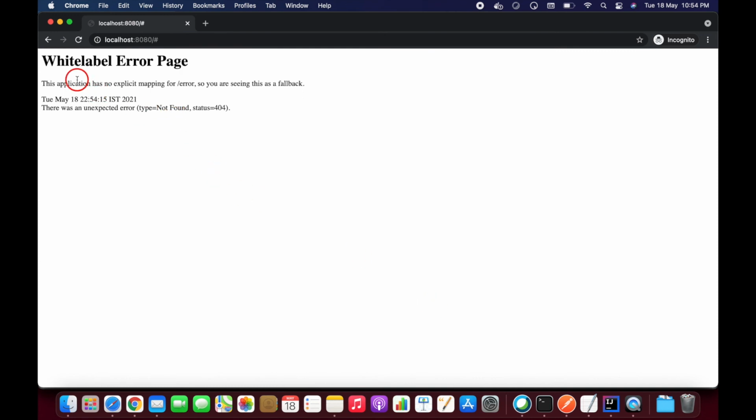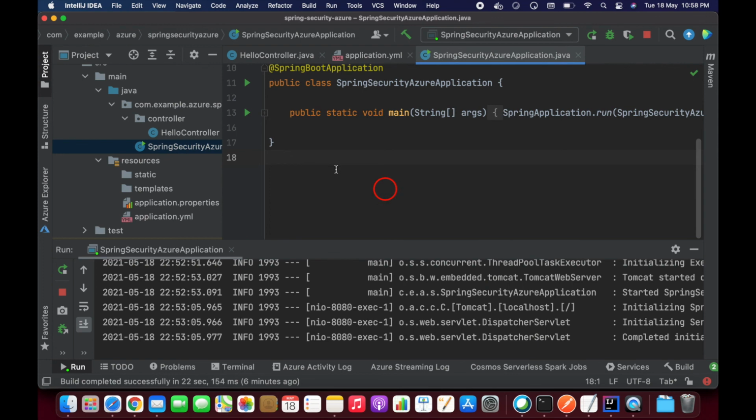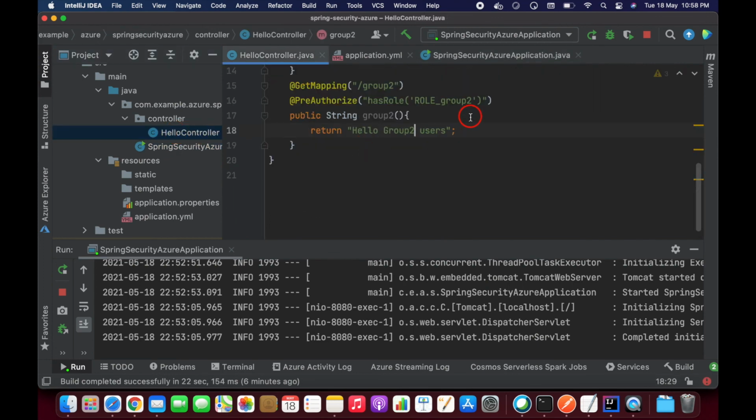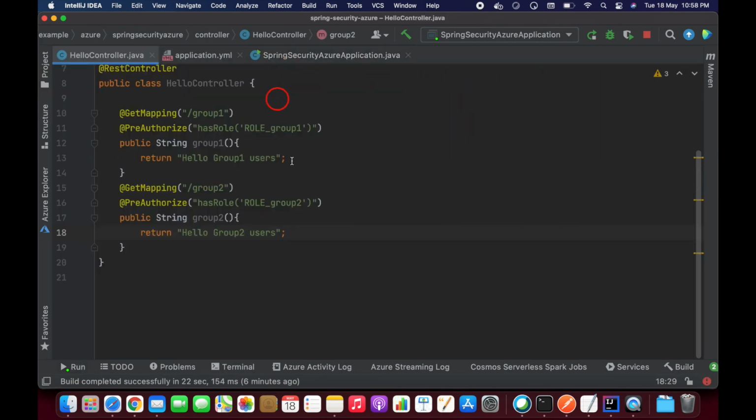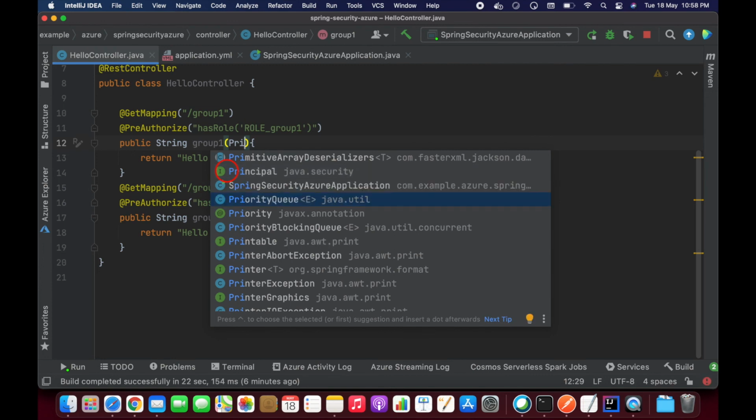Okay, we got a whitelabel error page, guys. Let me hit my endpoint. We are getting the response, hello group one users, guys. It's working fine. And one more thing, if you want to get your user information, in the response we have the principal, a Java security principal.